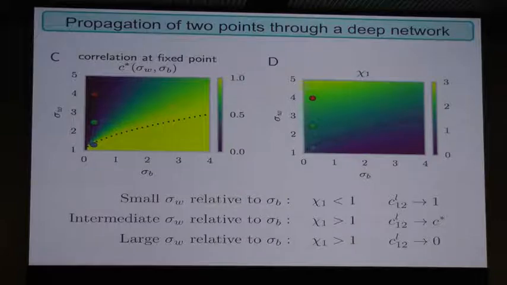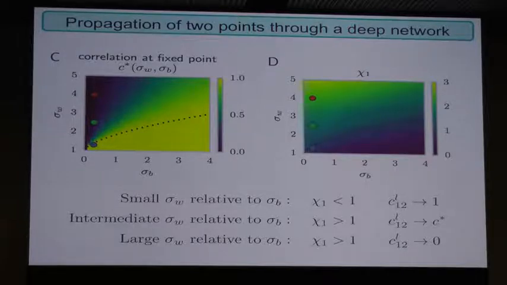However, if the weights become larger, then the weights will expand. The large weights will expand the inputs, and the nonlinearity will fold space. So that iterative expansion and folding will cause 2 similar inputs to decorrelate over time as they propagate through the system. So that's basically the intuition. For the large weight regime, you get decorrelation between points. For the small weight regime, you get correlation between pairs of points.